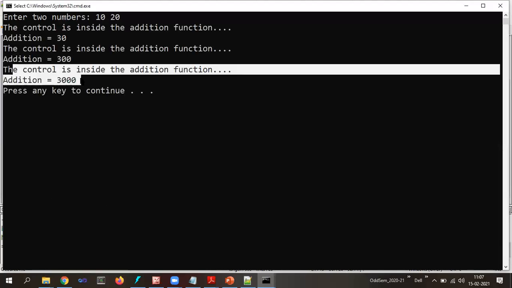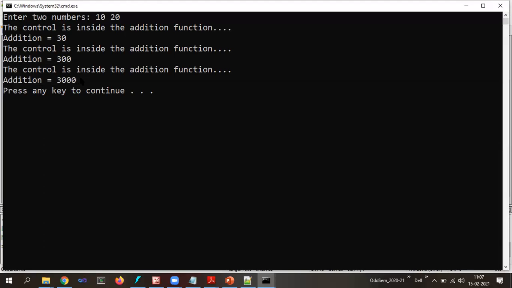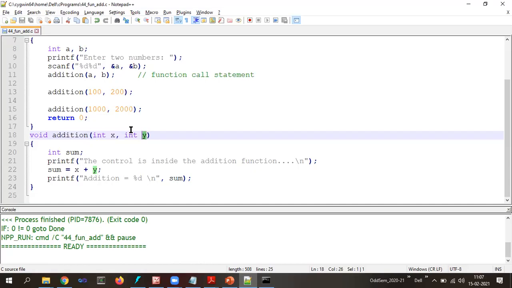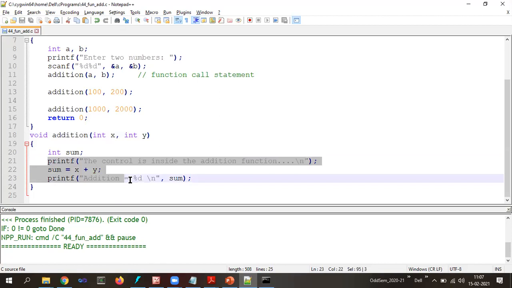Look at here. Now, did I do any duplication of work? All these lines, addition of these lines, did I do it once again? No. Rather, I made use of the user-defined function and I just called that particular function to print it or to execute those particular statements. That is one of the most important advantages of the user-defined function, that is code reuse. We call it code reuse.